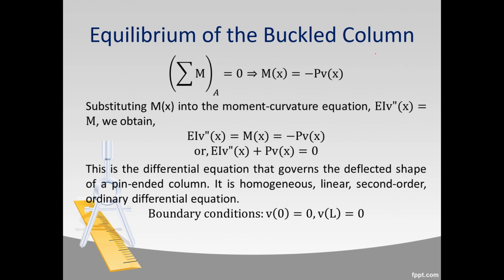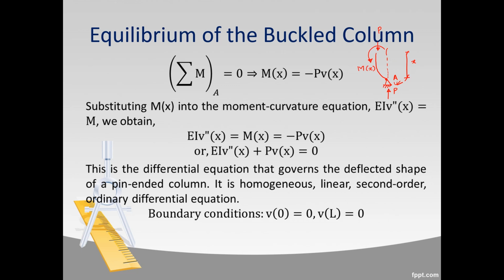So let me draw the diagram that we saw in our previous slide of the free body diagram. This is point A. The reaction at point A is P. The axial force acting at a distance x from this A is also P. And the moment we have considered is Mx here. So if we use the principle of static equilibrium and take the summation of moments about A equals to 0, then you will find that